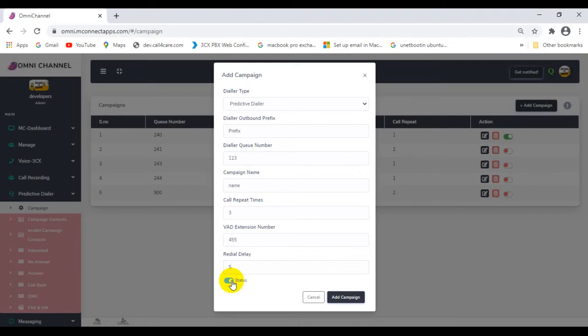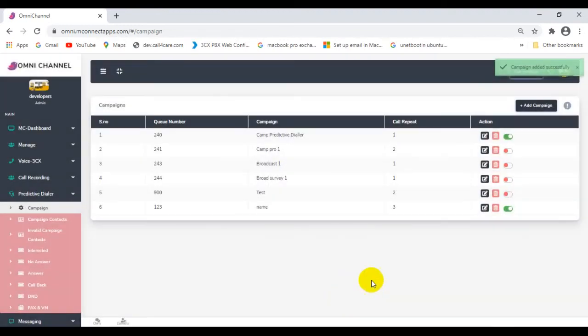I'm making it active and then clicking on add campaign. Campaign added successfully. I have created a campaign. The name was given as name and you can see that it has been listed here, and because I had made it active, the campaign is on. The toggle button is on.